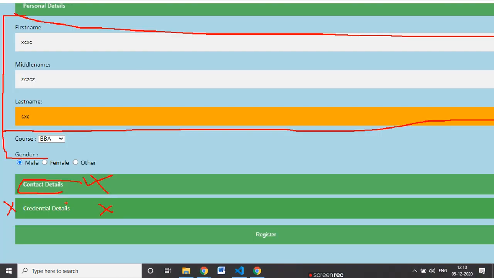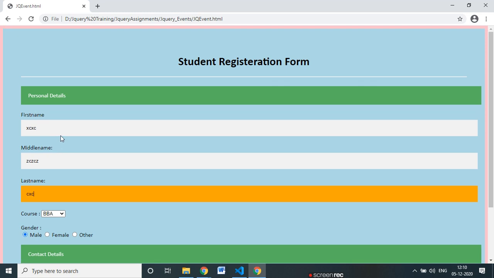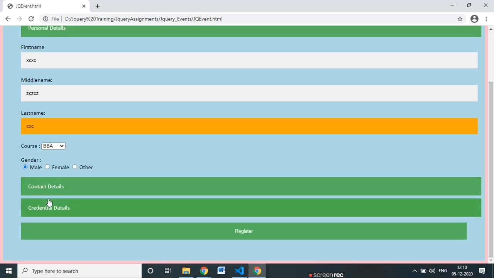So first step, the user needs to complete this section properly with all validations. Then only it will move here, and then he can do this, but he cannot click on this, and cannot click on submit or register either. After completing this also, then he will be allowed to do this. And after all these three validations are complete, then only this will enable. So this assignment you need to implement.